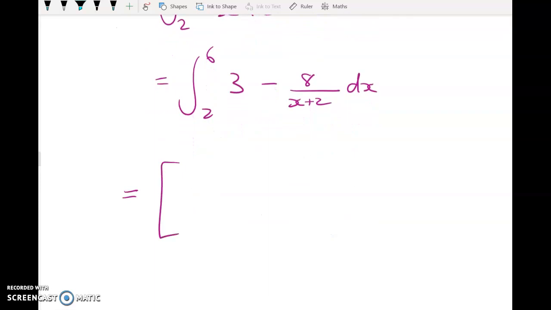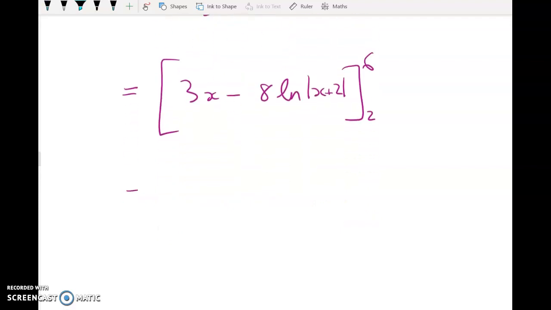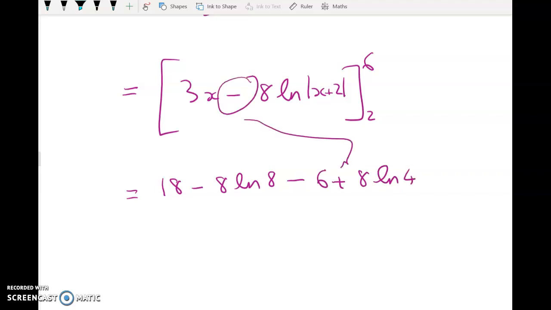It's going to be equal to what? Well, we've got 3x minus 8 times the natural log of x plus 2 evaluated at those limits. That gives me 18 minus 8 log 8 minus 6 plus 8 log 4. Right, just notice that the minus has turned into the plus. Cleaning that up a bit or throwing it into your calculator, we get 12 plus 8, and I'm going to combine these two, log of